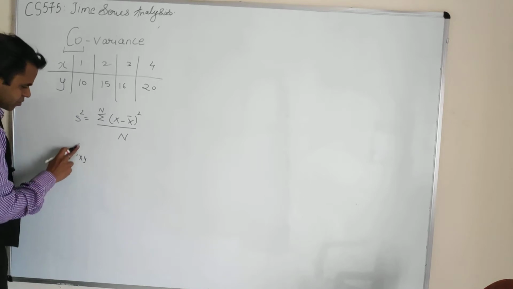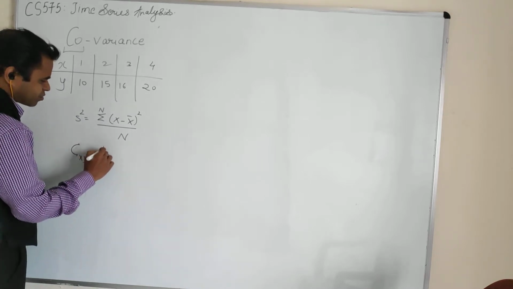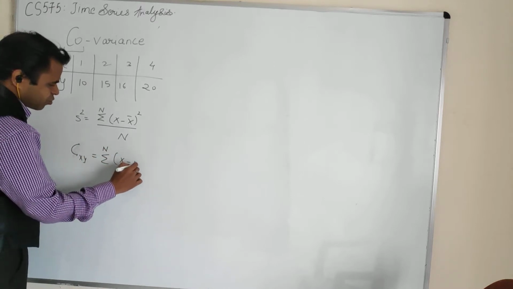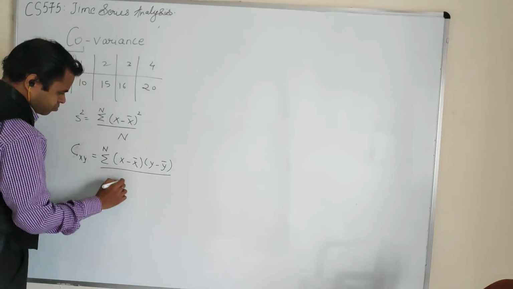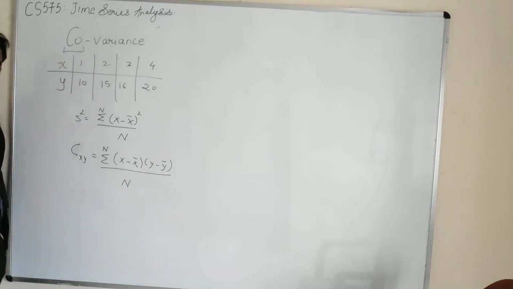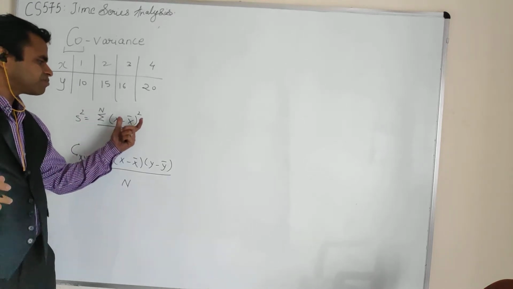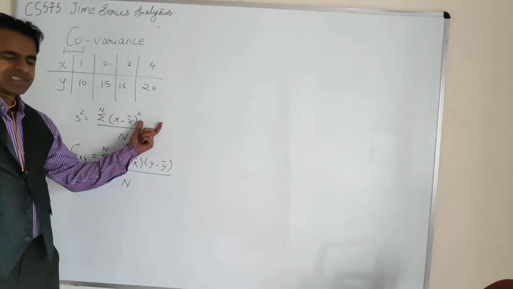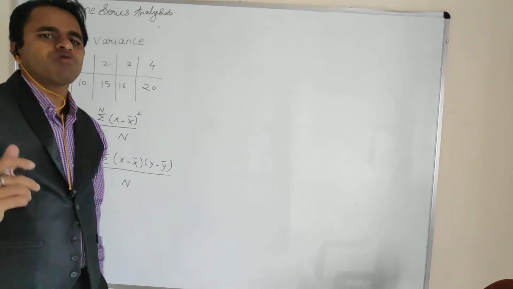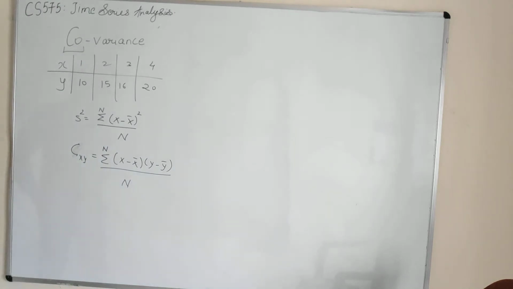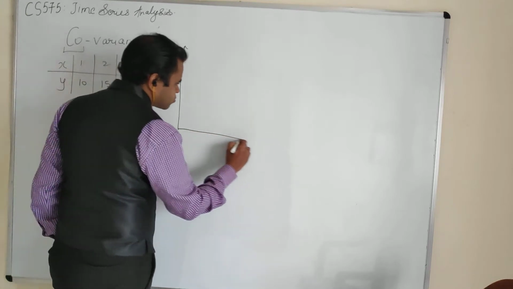So I will make it c of x and y, which is very similar to this formula. Since we are doing it a joint thing, we call it this one. So if you compare with this formula, it is exactly the same, right? If I expand x minus x bar twice and just replace one x minus x bar with y minus y bar, I get the formula for covariance, right? So usually what happens, right? I can represent a graph here,